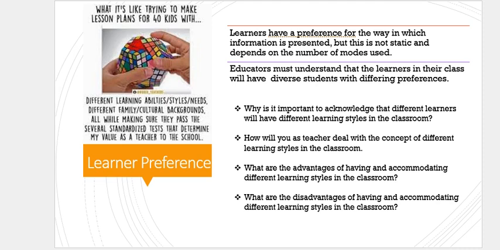Okay, so although a learner may prefer one style, they may not always prefer it. There may be times when they would actually like another style better. So a kinesthetic learner, for example, will sometimes want to see a visual rather than trying to do it on